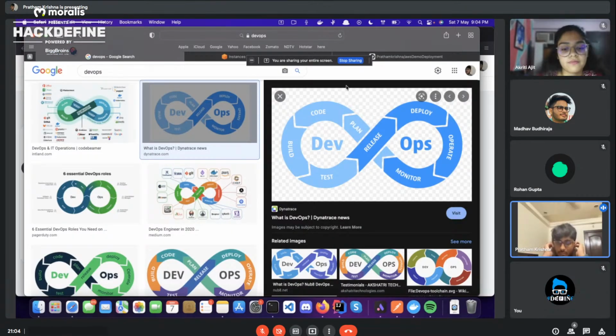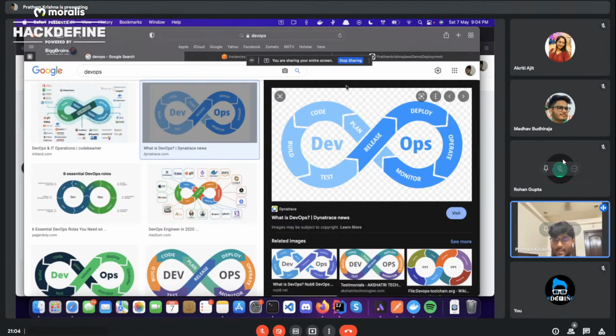Cool. So DevOps. What exactly was the need for DevOps, and where exactly did it start? DevOps started with the idea where there were two teams, a development team and an operations team, and they were never really in sync. Because of that, the shipping of products or apps started to get delayed. So the concept of DevOps came into place, where specific engineers do both development and the operations side of things.